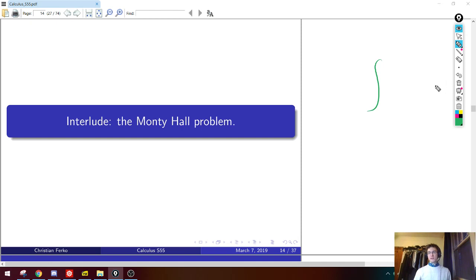But because probability is so counterintuitive, I think things like Bayes' theorem and conditional probability with integrals, which our brains are bad at predicting, you can already get people to have serious failures of intuition with just discrete probability. So to introduce that and to show you a fun problem that I think is very cute, we're going to do something that has nothing to do with calculus. It's purely discrete probability, conditional probability, to show why people often make incorrect assumptions about probability because of the ways our brains evolved.